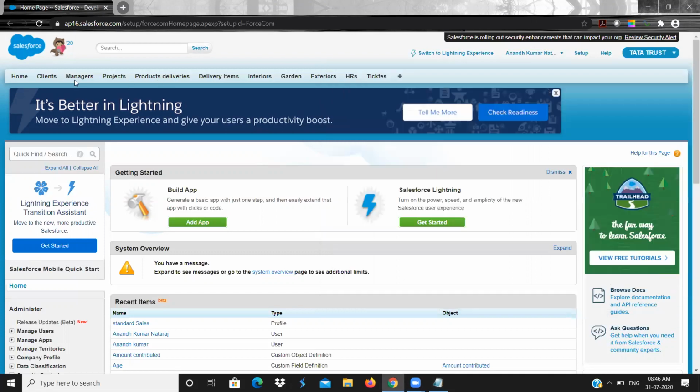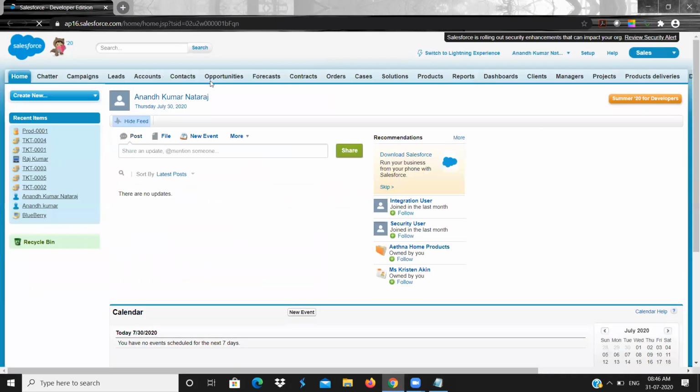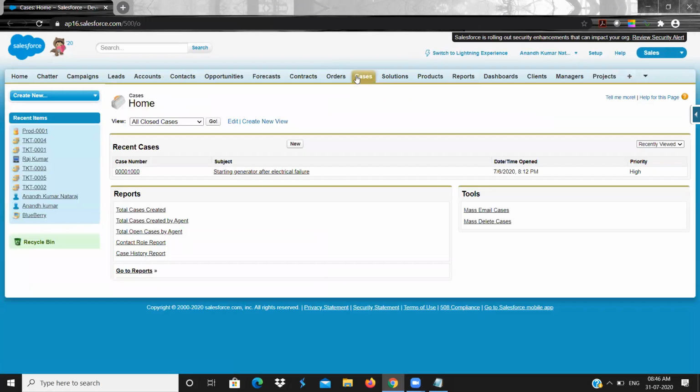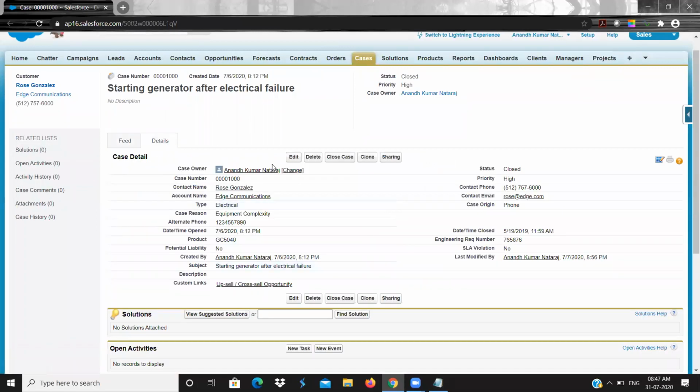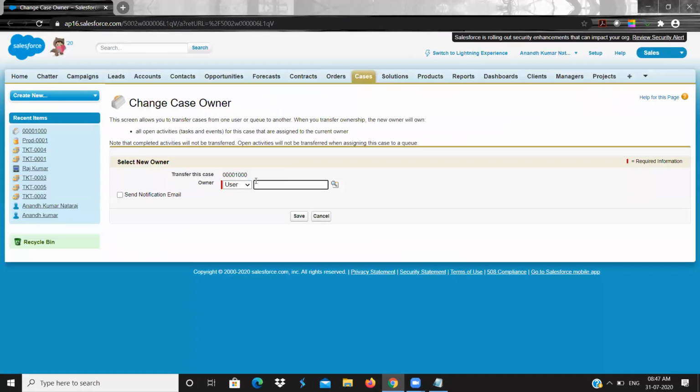Let me show you. Let me open this. If you click on the Case object and click on the details, then click Change Owner, you can see queue, but you don't see group here.